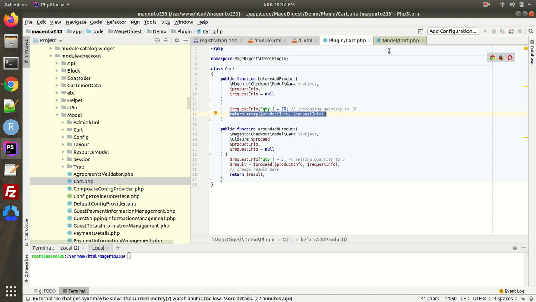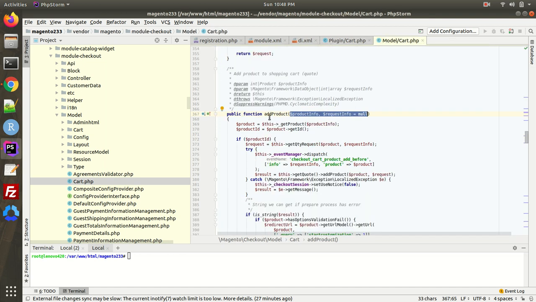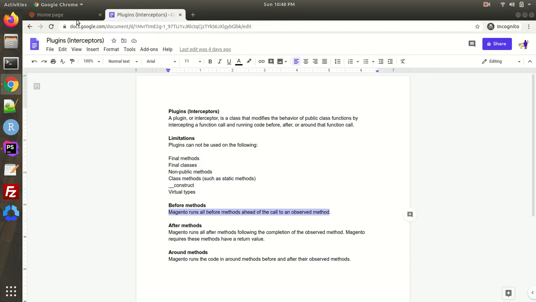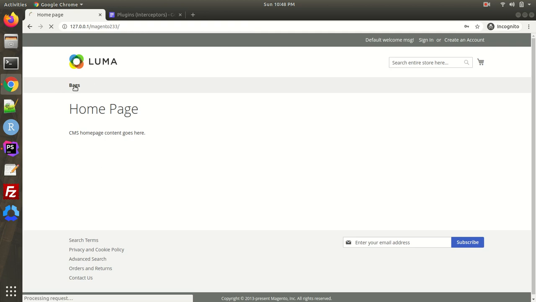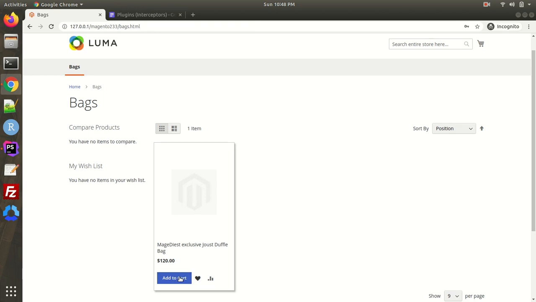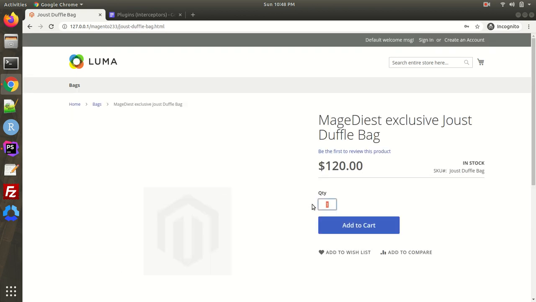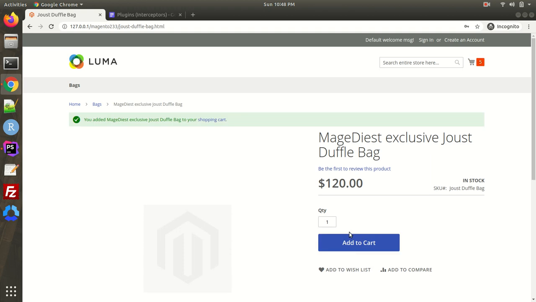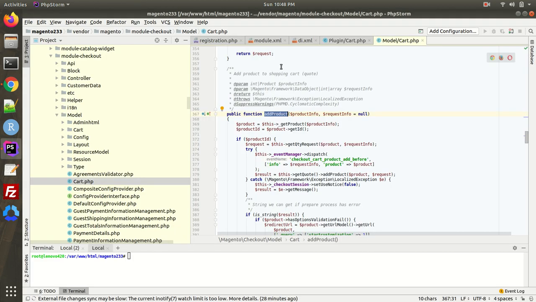Now it will take this quantity, go to this add product, and accordingly add the product into the cart. Now let's go to the front end and look for the particular product. Now this is the product. Okay, I'm clicking on add to cart. Let me open the product page so that it will be easier. Let's say this is quantity 1, but in my code I have written quantity as 10. That means if I click on add to cart, it's adding 5. Let's see why it is happening.